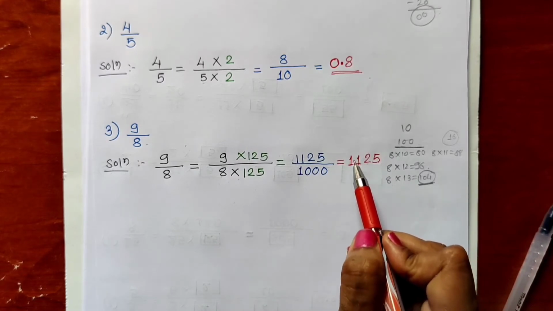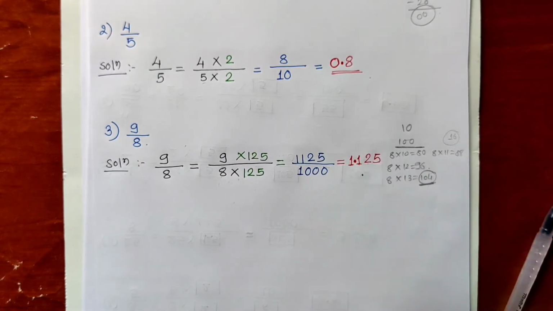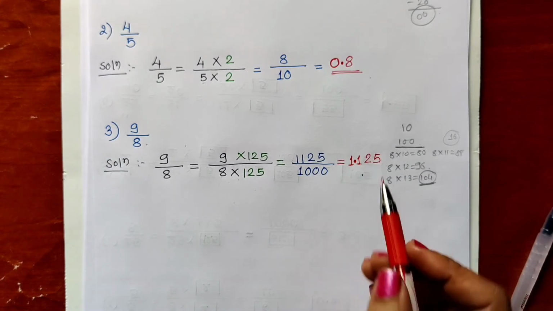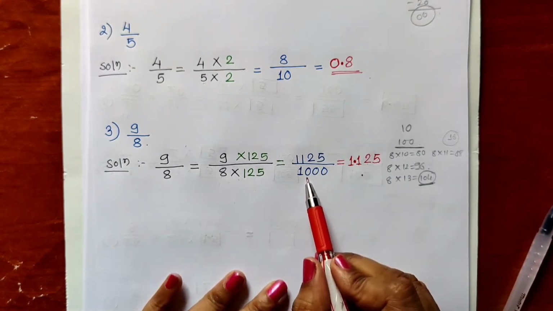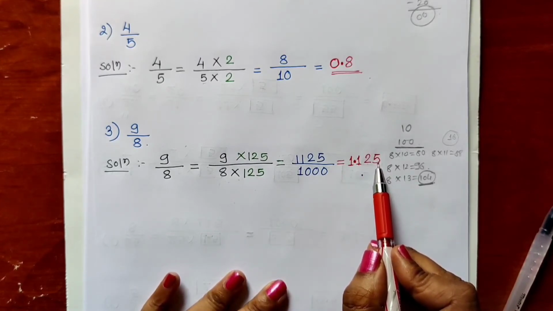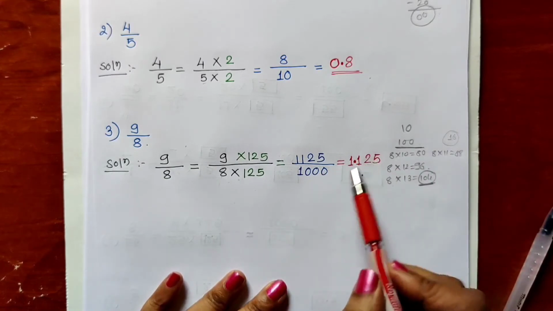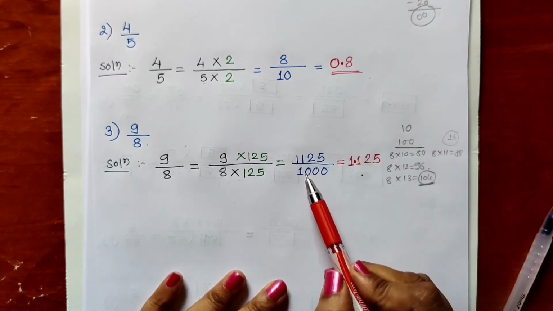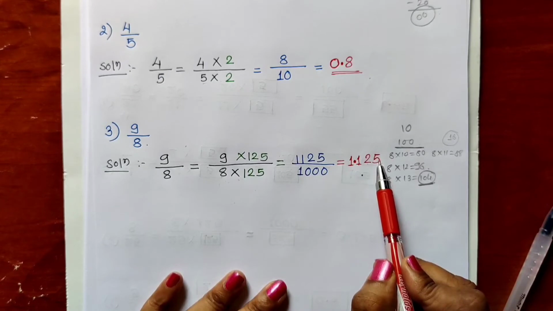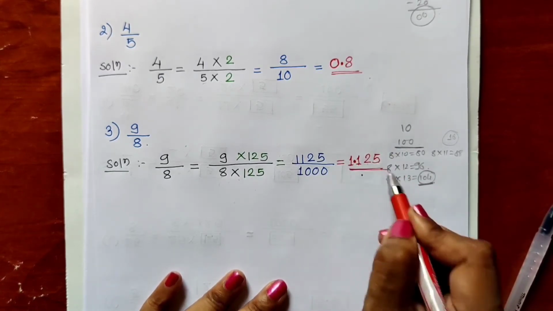3 digits are there, put a point. And on the left hand side 1 is there, so we don't require to write the 0 also. So in the denominator 3 zeros are there. We have to count the digits from right towards left and we can put the 0. So how many digits we have to count? As 3 zeros are there, we have to count 3 digits, 1, 2, 3 and then put the decimal point. This is our answer.